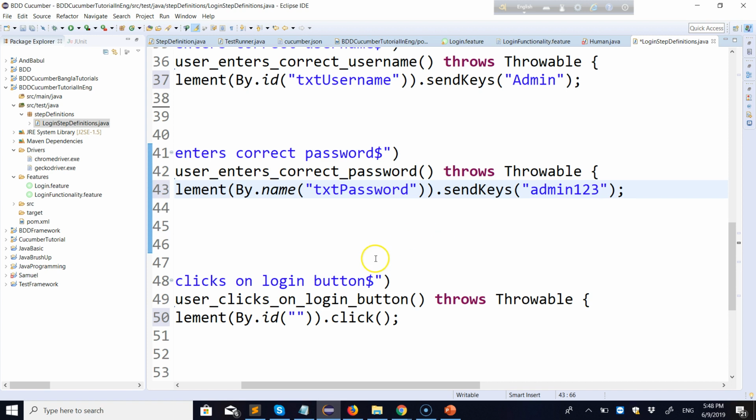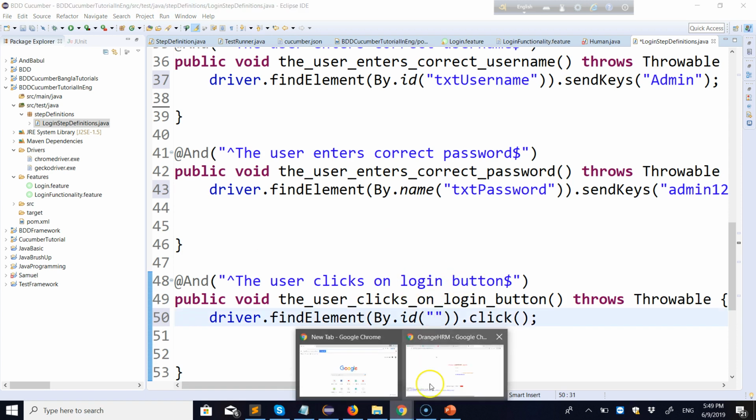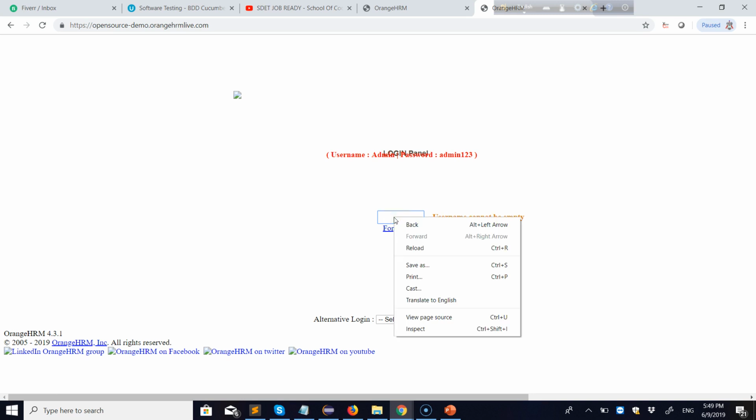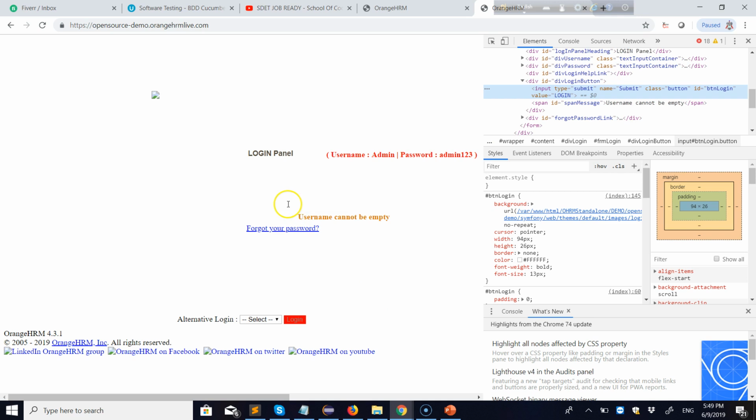Now what we have to do, we have to work with the button. Okay, and click on the login button. Now it's very difficult to find the login button. Which one is button? This is password. It's not showing the login button. Okay, button should be here. Okay, let's try. Right button, click, and you see it's login button. Yeah, so